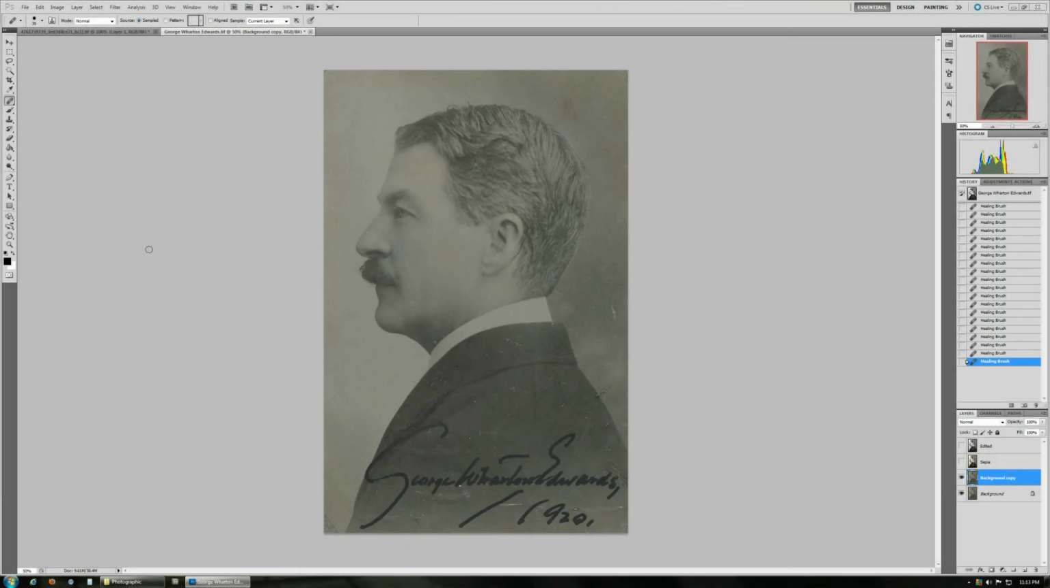Hello. In this tutorial, I'm going to speak about how to address adjusting exposure values and toning monochromatic images such as old photos or more or less any monochromatic image. So what we're looking at is an old photograph that I pulled from the internet for the sake of the